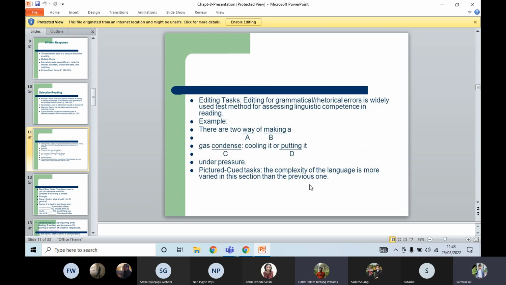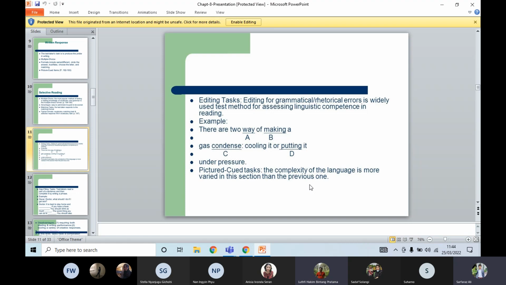And the second aspect that comes in selective reading is the editing tasks. In editing tasks, editing for grammatical and rhetorical errors is a widely used test method for assessing linguistic competence in reading. The pattern of this type of test is the same as multiple choice questions, but when we give the test takers the paper, usually the options are given in front of them. But what he or she has to do is select the right answers, or go for